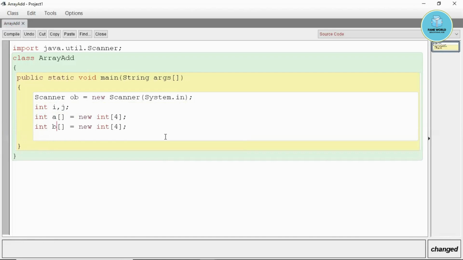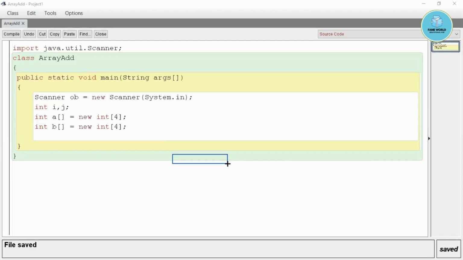this is the b array, so this is also the same size because we have to perform addition. Let me explain how addition of arrays works. We are having this array and this array.